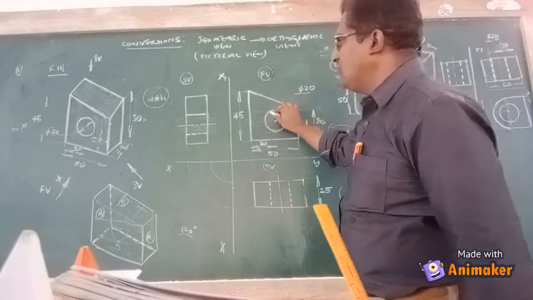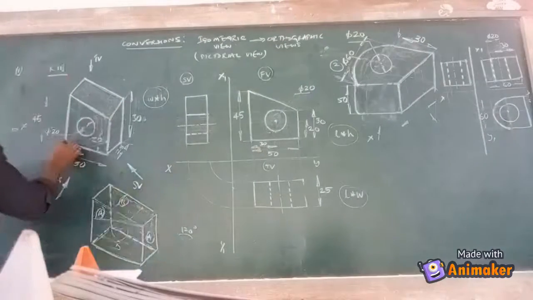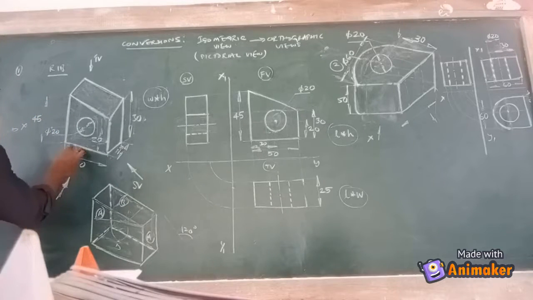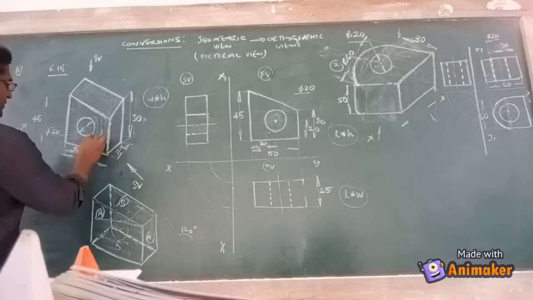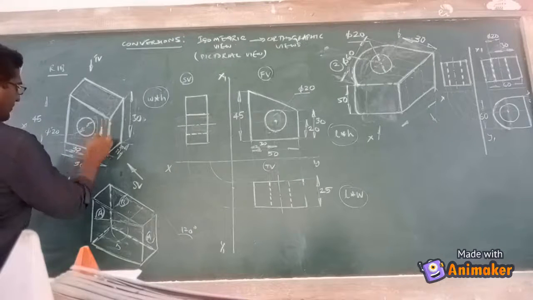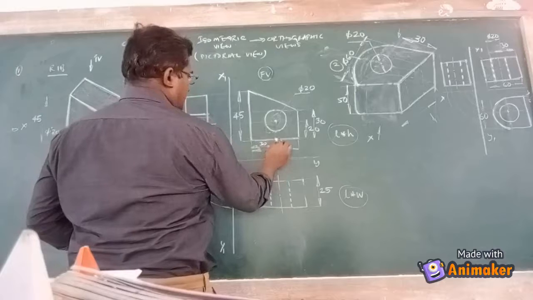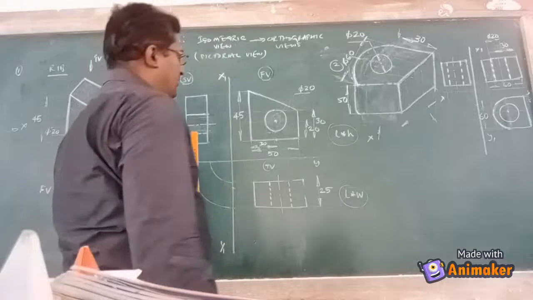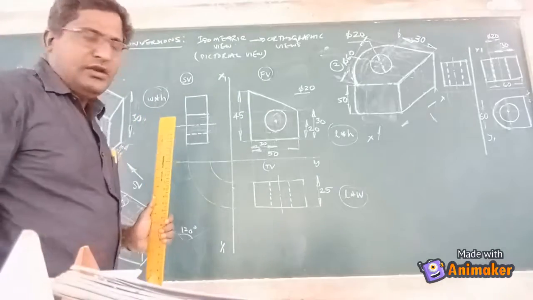Now we have to locate the position of the hole. This particular hole is standing from the left edge of the casting, it is measured as 30. Let's see, this is 30. This is 30. And the height at which it is standing is 20. This is 20. So from the left side we measure a length of 30, and then from this point we try to mark the height of 20, and then we look at the center point of this particular hole where it has to be drilled.